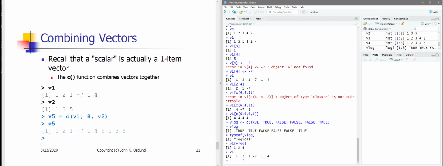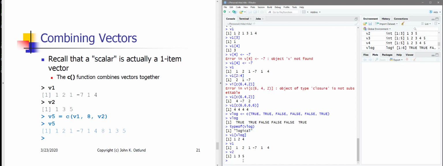Here is my v1 vector. Here is the v2 vector that I created some while ago. And if I create a new vector v5 by combining v1, 8, v2,